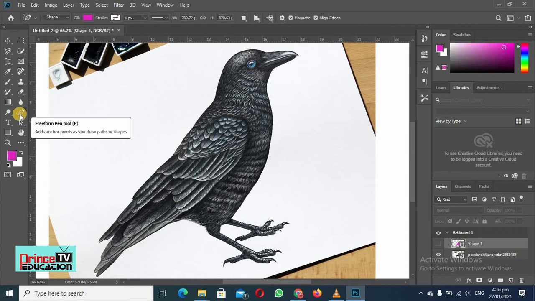Basically the freeform pen tool is used with the help of this magnetic option or without magnetic, but I will use the magnetic option because this magically attaches with this area of that shape. So for example, if I have to use this freeform pen and I have clicked on this magnetic